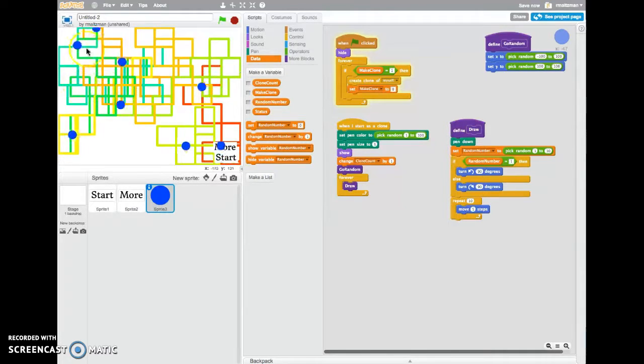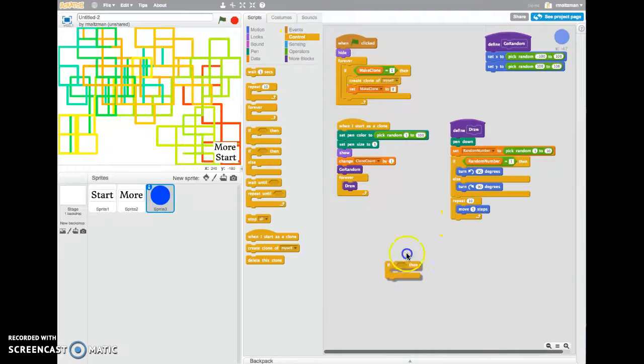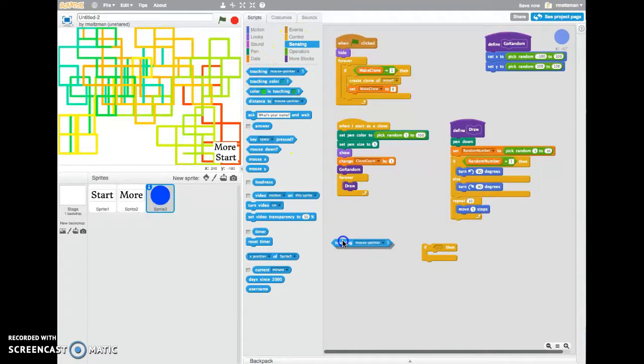Okay, so let's talk about that. If touching wall, I'll put it here because this is where the movement's happening. So, control, if touching the edge,